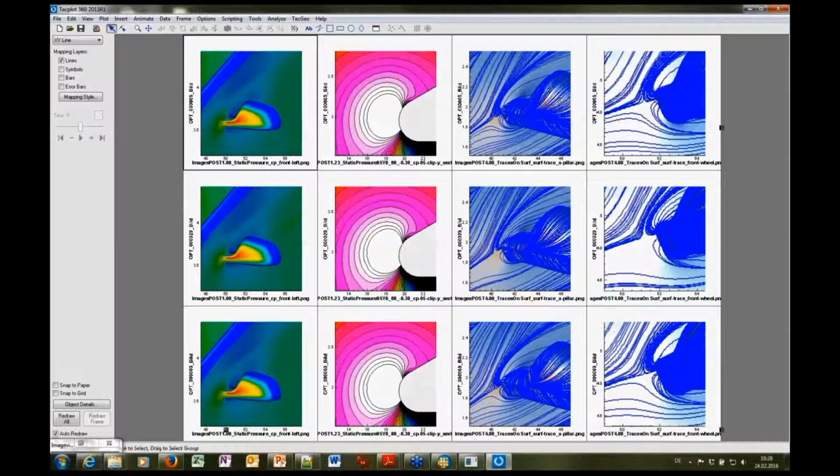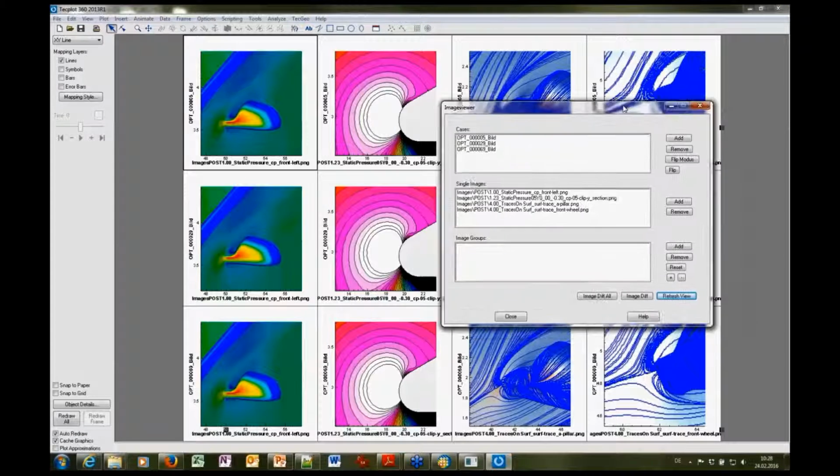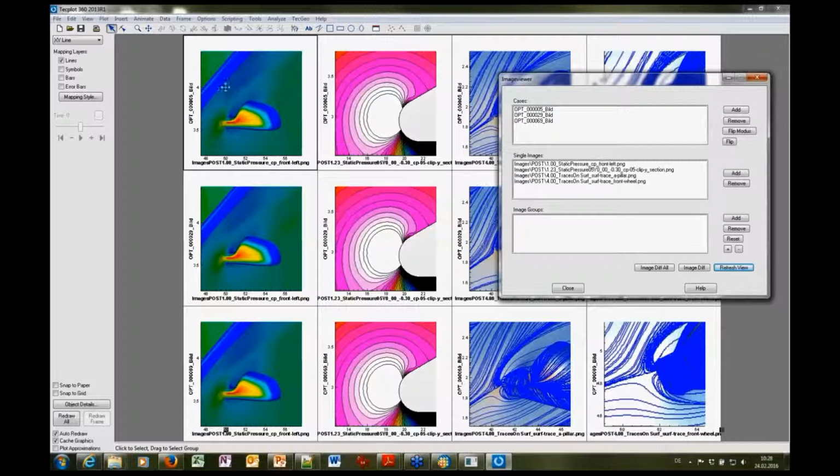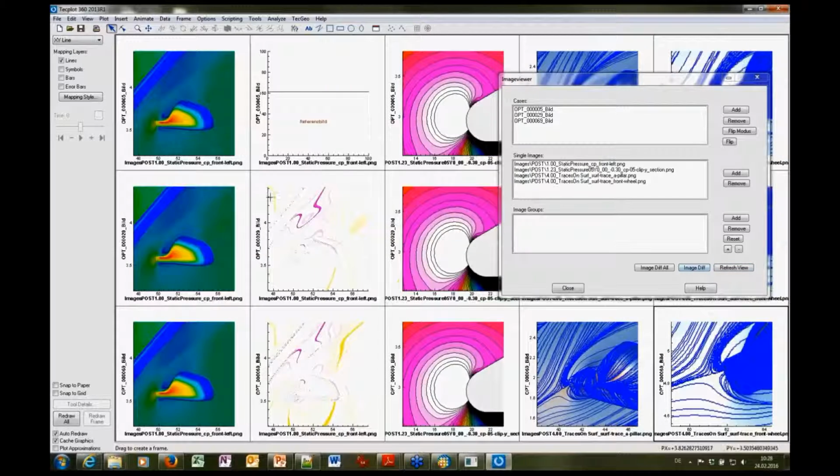And now, just 1 second. Here we are. There's my image viewer, and now you click. I selected this picture as a reference picture, and now I click on image diff, and now automatically there's a